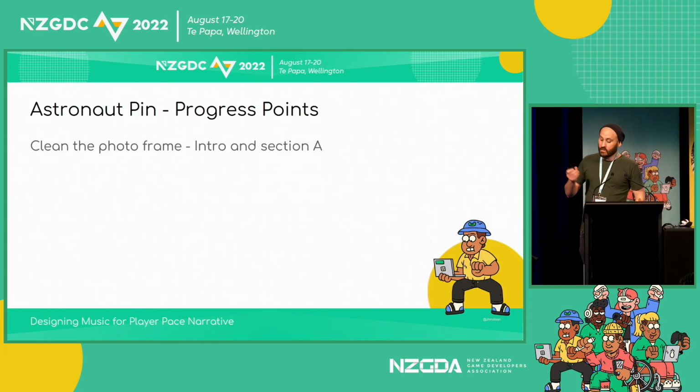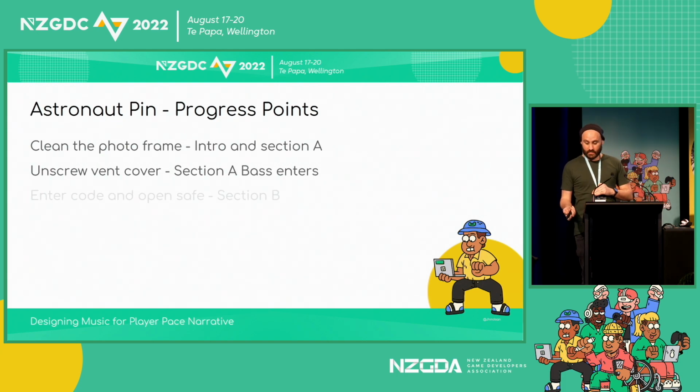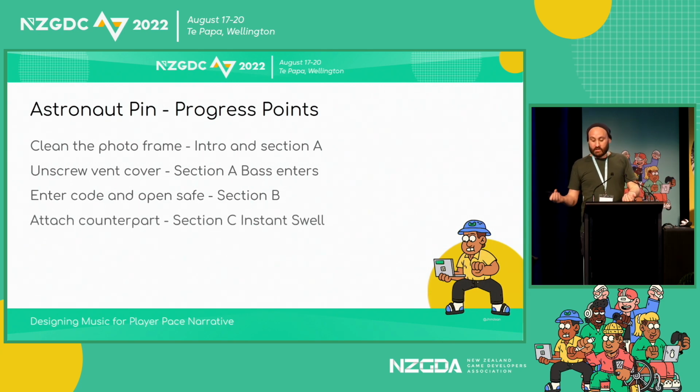When you clean the frame, it plays our intro in our section A, and it loops across that. So you have this background music building until you get to the next point, which is unscrewing the cover. The base sentence on section 1, we're doing that vertical progression. We enter a code on the safe, open it up, we progress to section B. Now this kind of brings the tension up and shifts a bit. And then when you attach this thing that allows you to warp, not quite the warp item yet, we have section C, which is an instant swell, plays once,